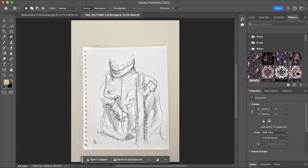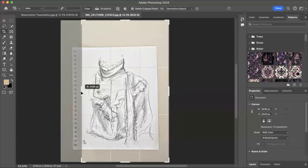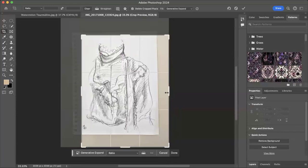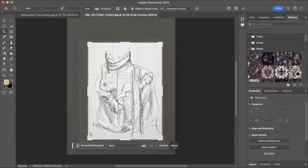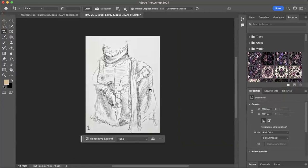And the first thing I'm going to do is use the crop tool, which is over here, and I'm going to cut away everything I don't need from my drawing. And that will crop it out. I tend to work very close to the sides of my sketchbook and my drawings. So if you need to add a little bit of breathing room, a little space to your drawing, you can